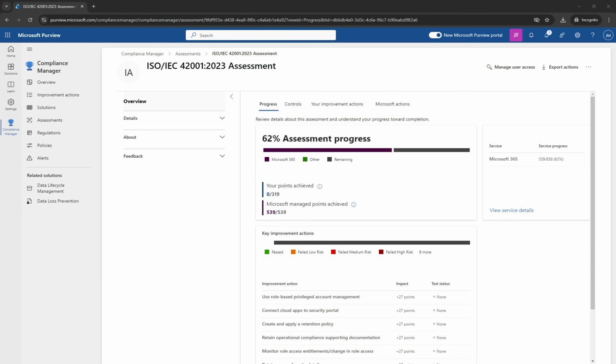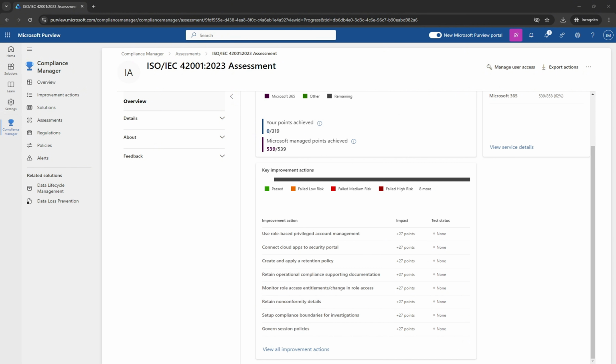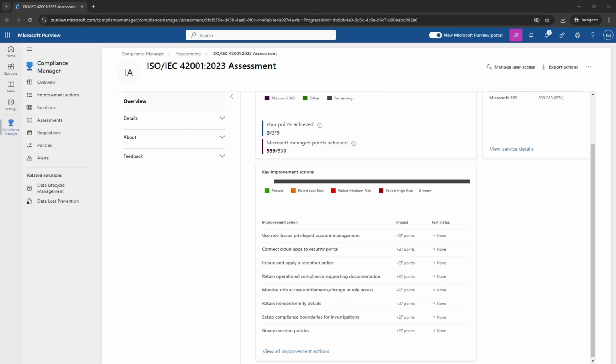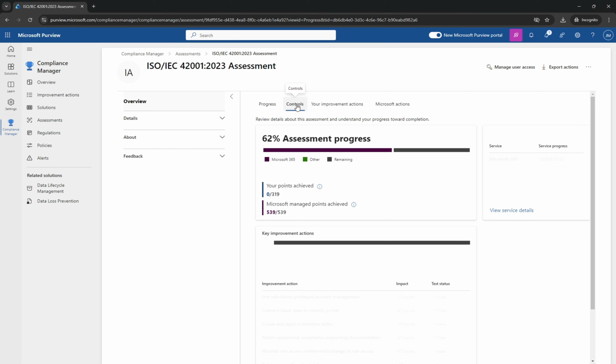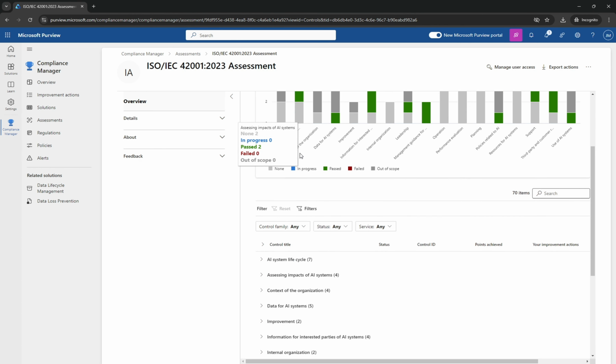Now we can see on the assessment screen, we are looking at assessment ISO 42001. We can look at this overall assessment progress and scroll down and look at the improvement actions that we can make. To drill down further into the controls of the assessment, we can click on Controls, and then we can